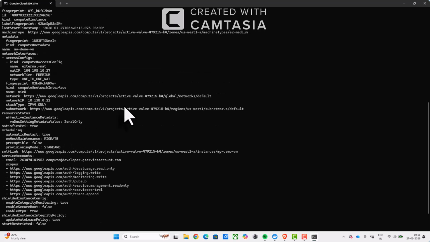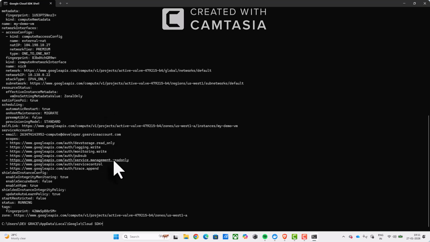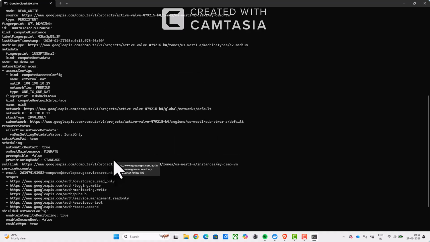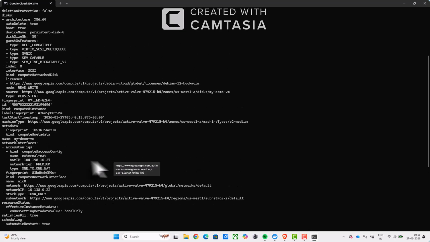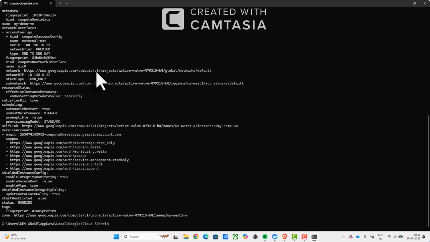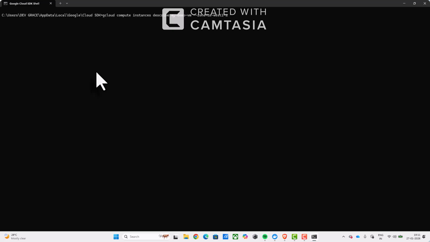And coming to the disk, yeah, you have the disk. You had mentioned 50 GB, and it is a persistent disk. That is what PD balanced. So the disk is also created. Okay, so in this way you can describe the entire VM you had created, right? So the next we are going to delete this one,